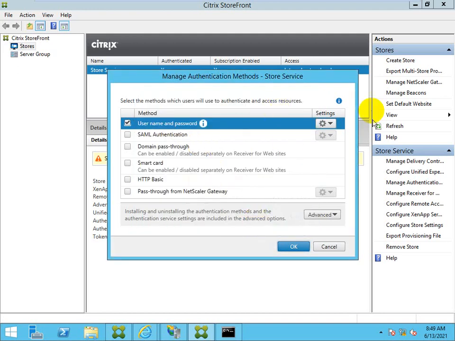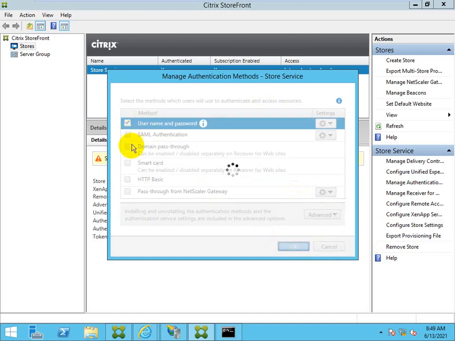It means when the user's password is going to expire in 10 days, the user will start getting reminders to update the password. Under advanced, install or uninstall authentication method is not required by default. Also, if you are using MFA, you can use smart card or SAML, or whatever terminology is used in your company, here.